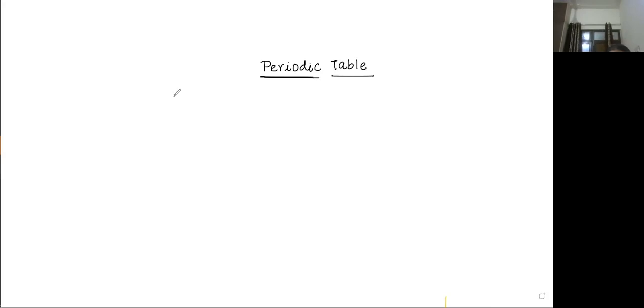So let's write down the first question. We'll discuss previous year questions first. After that, we'll move on to the next topic. This chapter is a short chapter. It will be completed by this week or next week till Tuesday. But this is very important from JEE point of view. All four topics are important. From atomic size questions are coming, from periodic table questions are coming, from ionization energy questions are coming.